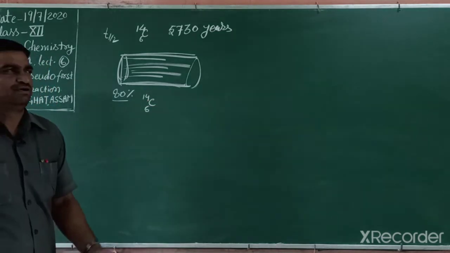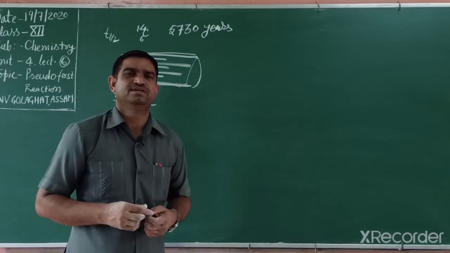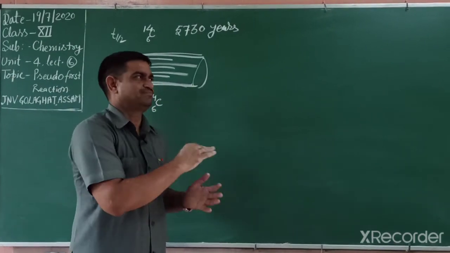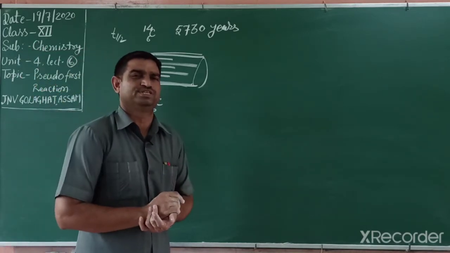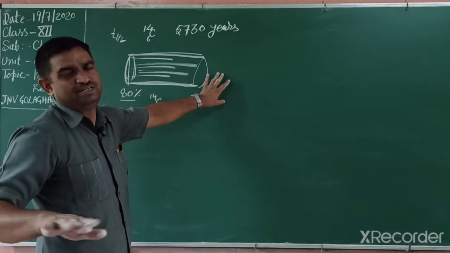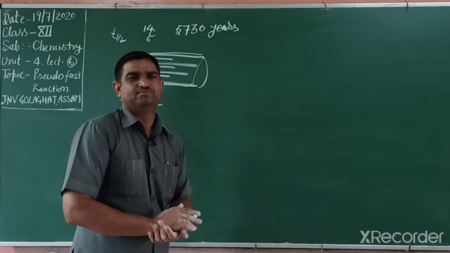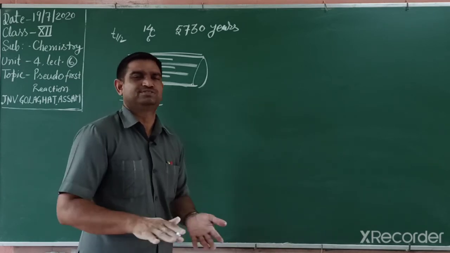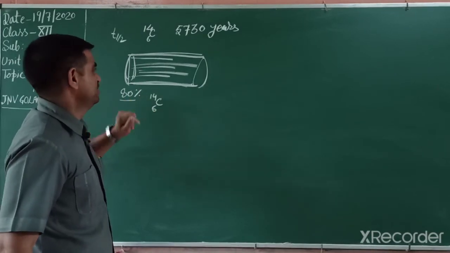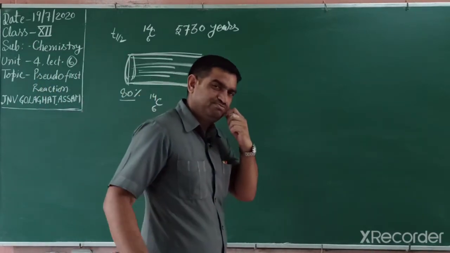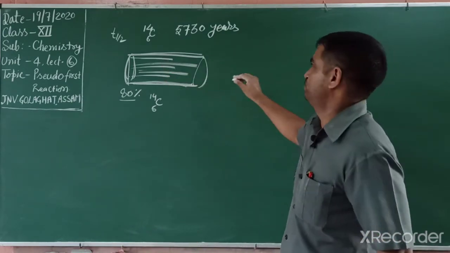We know that radioactive substances release radiation, alpha, beta, gamma, continuously. But in living things there is equilibrium, so their concentration does not change. In a living tree, the carbon is a fixed value. But after cutting, photosynthesis and respiration stop, so the amount of carbon decreases, reduced to 80%. This is first order kinetics. You know all radioactive disintegrations follow first order kinetics.